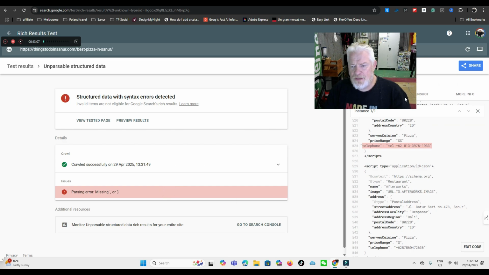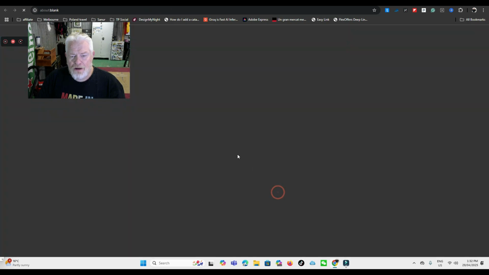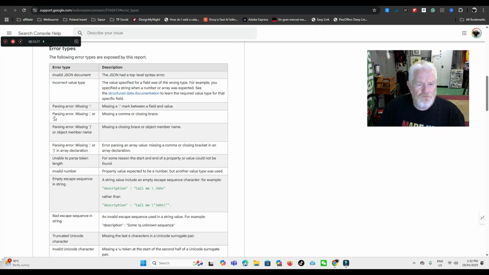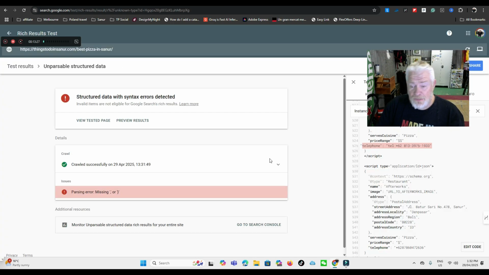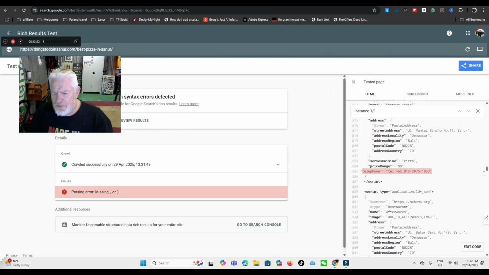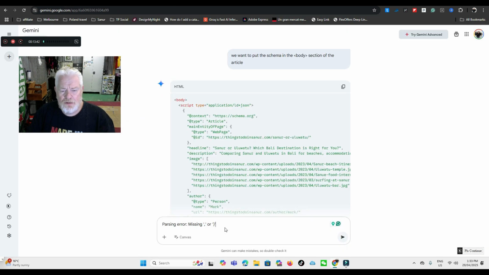If it comes up with an error like this, what I would generally do is copy that error. So it tells me it is a paraphrasing error or missing. So I would go and copy this. I'll go back to Gemini, I'll post that in there like that. And then I will go back to the rich snippets and go back to where it's saying there is a problem. So it's saying there's a problem with that telephone number that we just put in. So in the end, if we go like this, copy, paste it into Gemini,